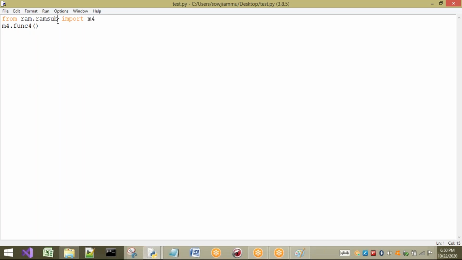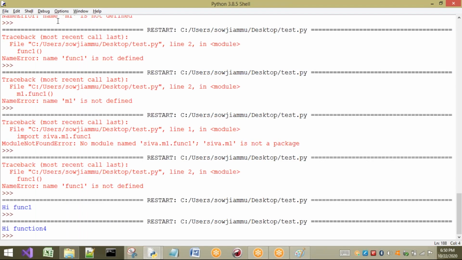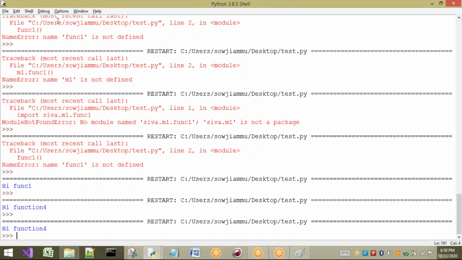If you want, you can place the function name here, or you can place star here. If you write this one, you have to remove this one, and I can call by using this one. So you can get Hi function 4. In this way we can call anything.